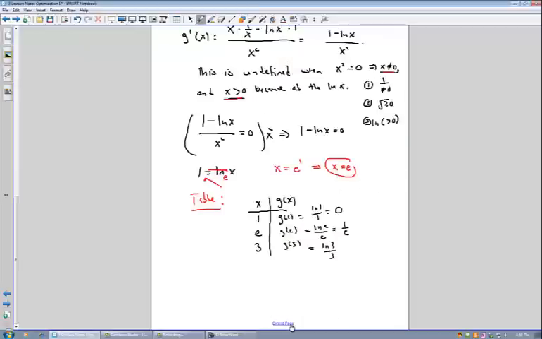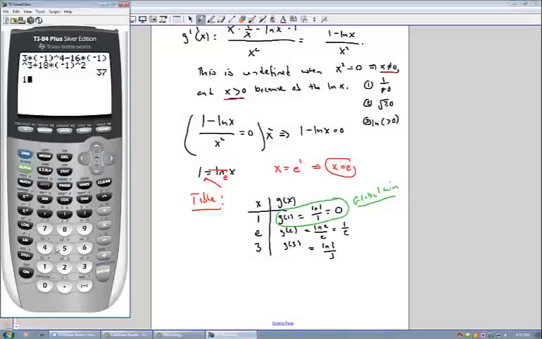And what do I get? Well, I'm going to have to use my calculator to check out. I mean, this is 0. So this one right here, I know is the global minimum. And I know this because these are all positive. Now I don't know which is bigger, 1 over e or ln of 3 over 3, so I'll use my